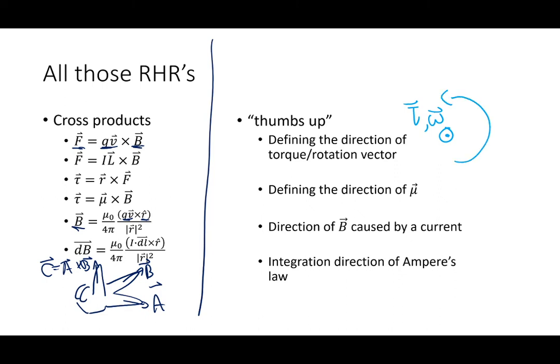So back to this, if the torque vector is pointing out of the page, that means it's pushing things to rotate in the